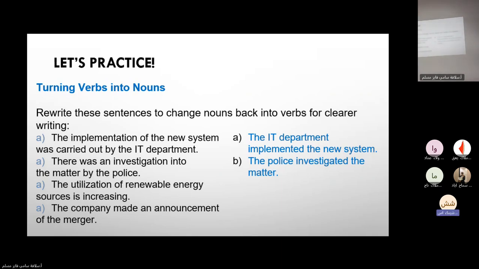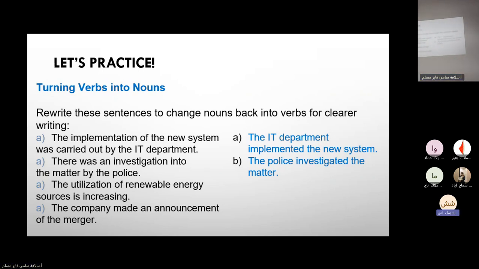Utilization of renewable energy sources is increasing. طيب شو بدلتيها؟